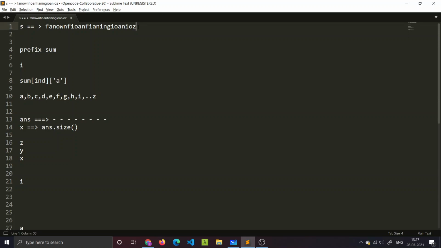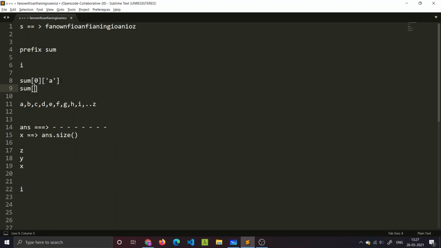If I start from the end and reach over here, then what is the total number of occurrences of a till here? So I simply need to check whether there was any occurrence of a at index 0. If there was an occurrence of a, then I need to check whether there is any occurrence of a at this particular index that I'm working on. For example, I can find the index of this I, and then I need to check whether there is any occurrence of a over here.